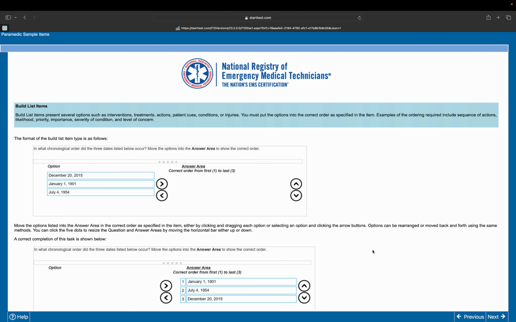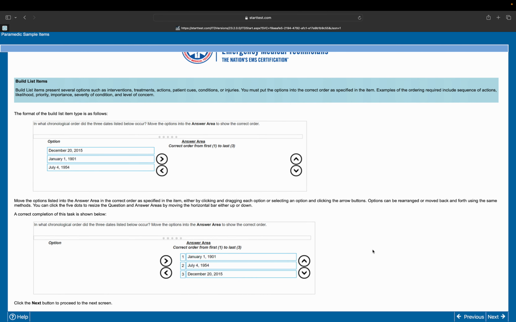Here is the build list item that we talked about. This may present several items such as interventions, treatments, actions, patient cues, conditions, injuries, etc. What you have to do is build a list. So in this particular